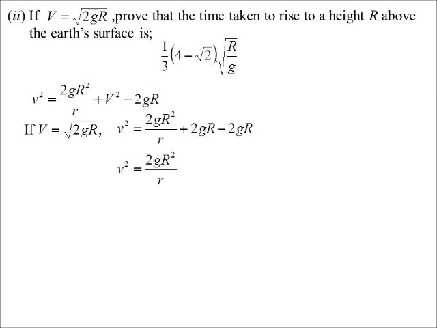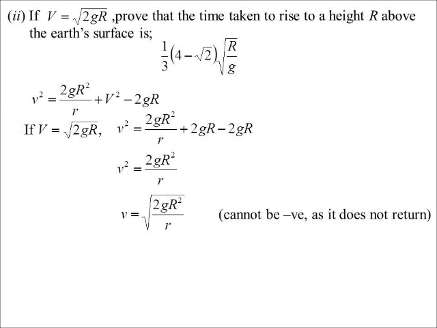I've now just got v squared on 2gr squared on R. V will be the square root. Remember, it's never coming back. We're setting it off with an escape velocity. Therefore, velocity is never going to be negative because it's never going to stop and come back. So now I'm going to take the positive square root in this case. Trying to get that link between displacement and time. So dr dt,